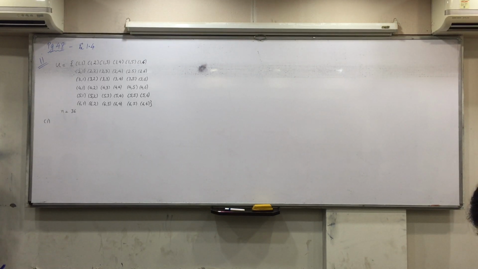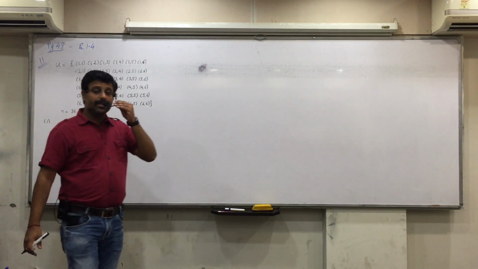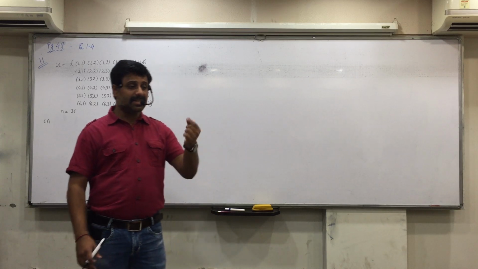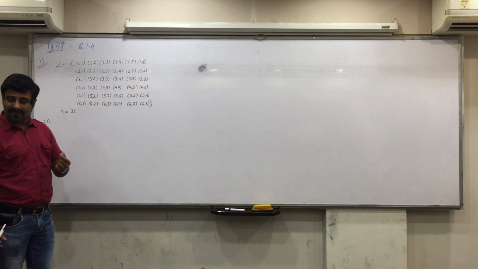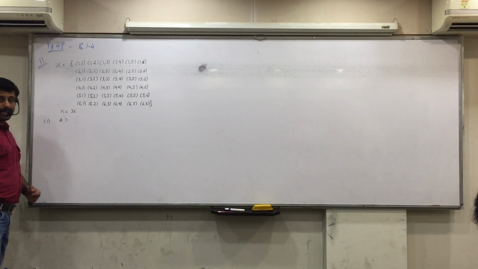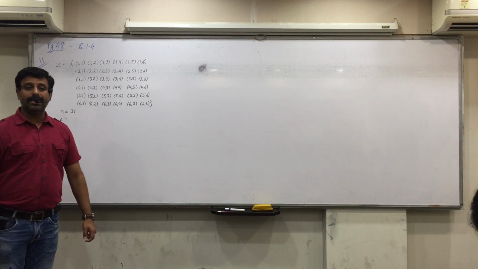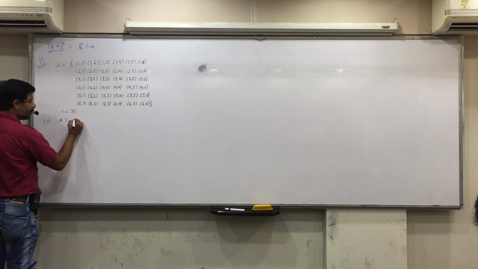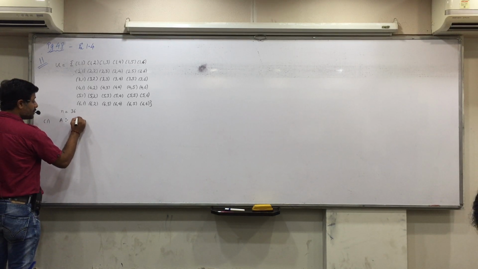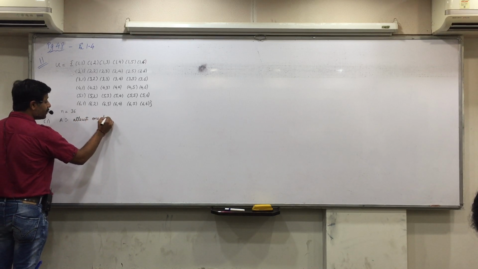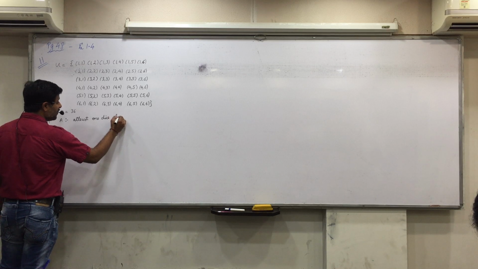First question asks us, find the probability that at least one dice shows number 5. So let us define it as event A. Let event A be the event that at least one dice shows 5.